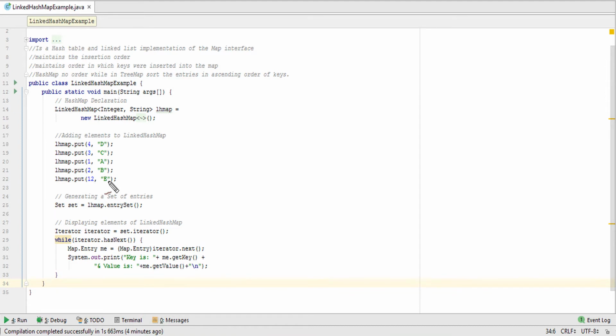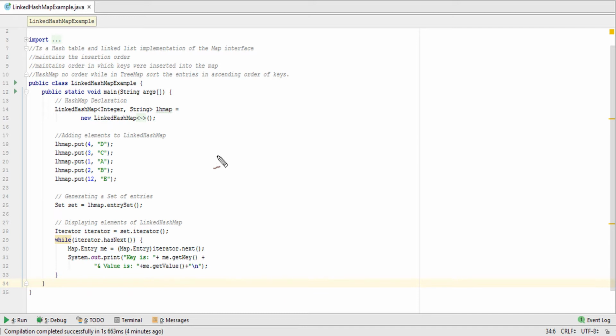We can also distinguish it from other maps like HashMap and TreeMap. In a HashMap no order is maintained, but in a TreeMap it sorts the entries in ascending order of the keys, and then it shows the entries.